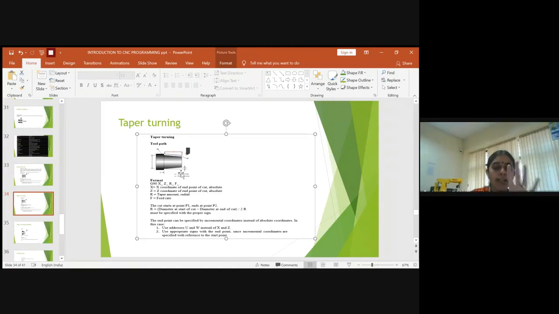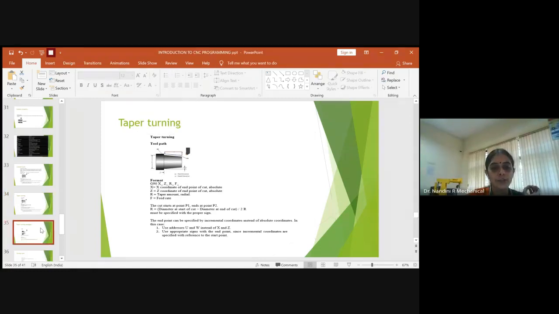So here while calculating, you should be very clear how you calculate the radial value. This value you will be knowing, this value you will be knowing, you will take the difference of these two and divide by 2 times the value of R given. They will give the radial value here. So if you substitute the value of R, then you can calculate the taper value, and accordingly if you give the feed rate slightly, you will get the taper turning as required. So this is how a taper turning operation has to be done.